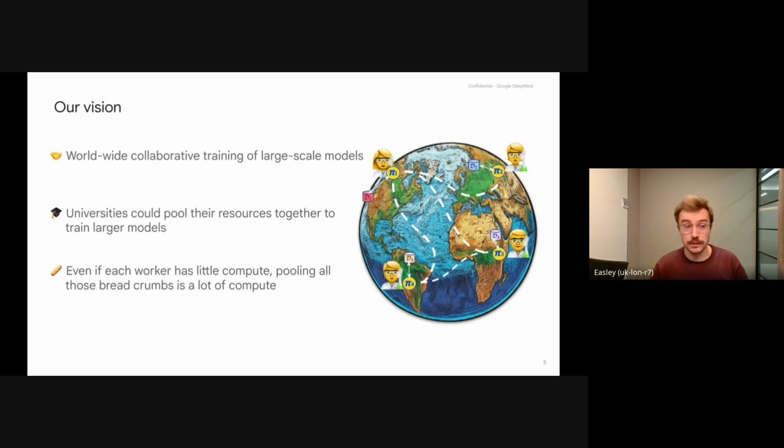An example is universities could pool their resources. They don't have as many resources as Google, Facebook, or NVIDIA, so they could simply pool their resources between all universities together in order to train a bigger model together. That's similar to some stuff that has been done, for example, with Bloom, with Hugging Face. And the idea is that, sure, everyone has maybe a few GPUs there, a few GPUs there across different countries. That's not a lot, but that's a lot of breadth of compute. And if you can pull together all the compute for training a single model, that's actually a lot of compute, and that's our goal.